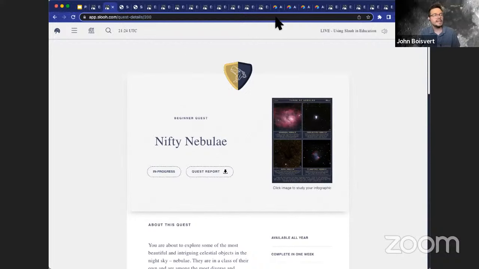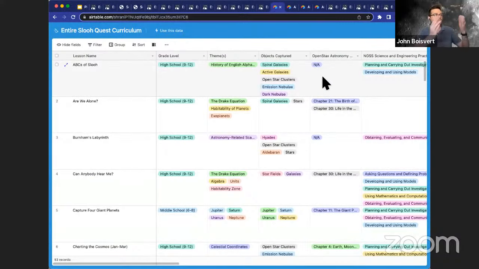This is the entire Slooh Quest curriculum. This is what's called an Airtable. It looks a lot like an Excel spreadsheet, and in a way, that's kind of what it is. Lots of rows, lots of columns, but every row is one of the quests.